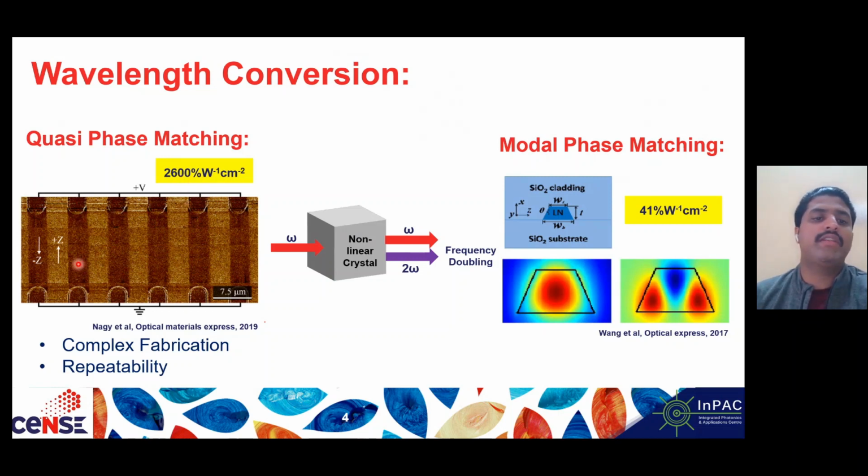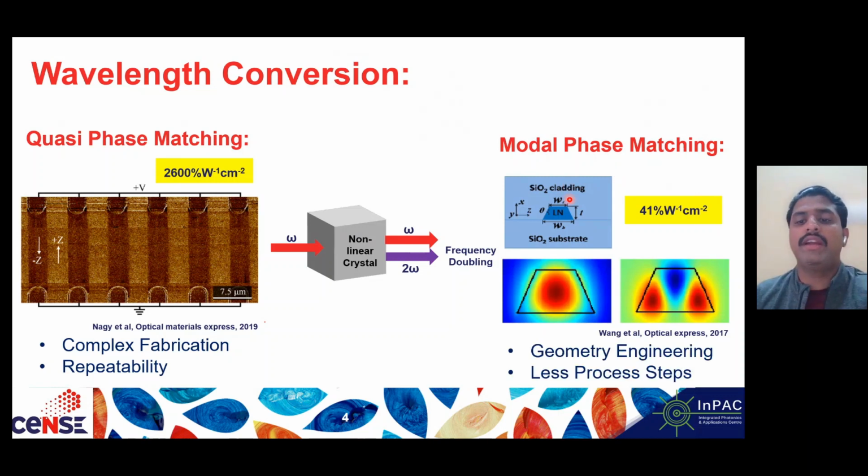This kind of device is generally known as periodically poled lithium niobate, where they invert the domains of the material to achieve phase matching between the fundamental and the second harmonic mode. But the problem here is that the fabrication is really complex, and the repeatability of the devices is questionable. So this leads us to think about another process known as modal phase matching, where you can achieve